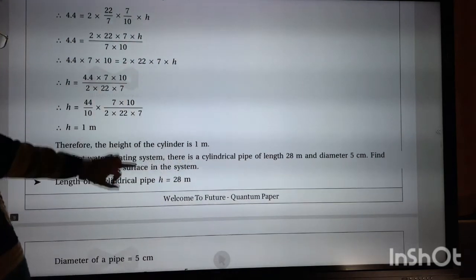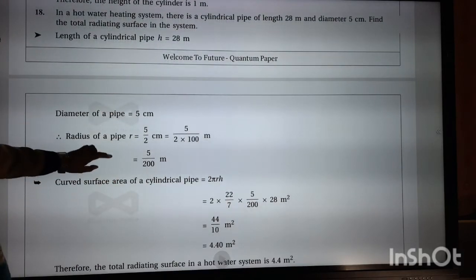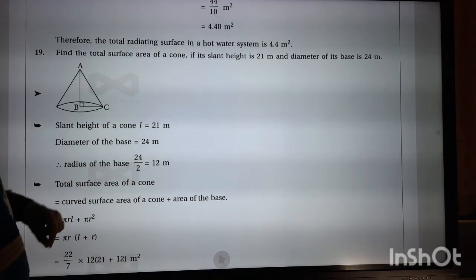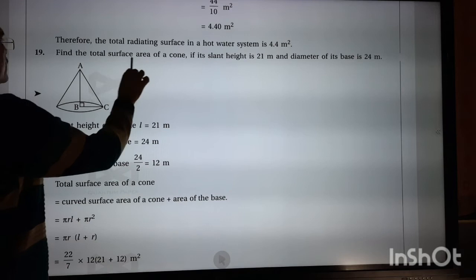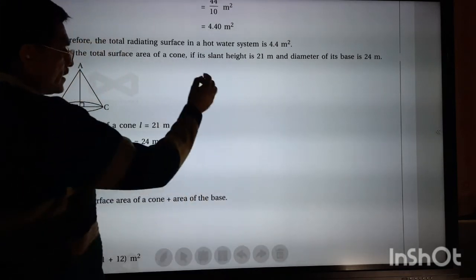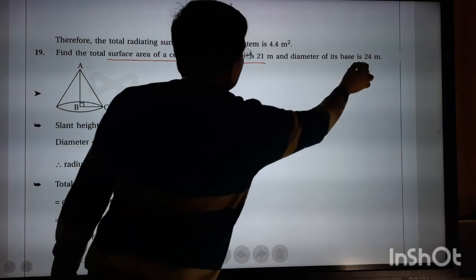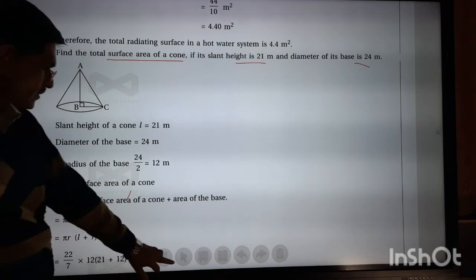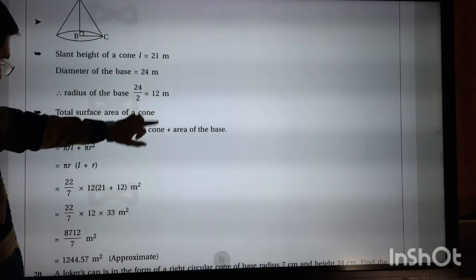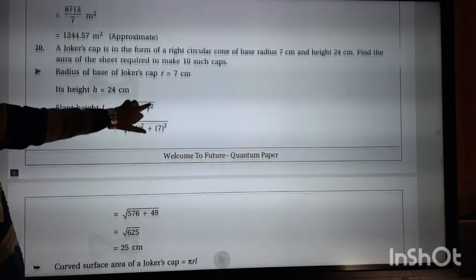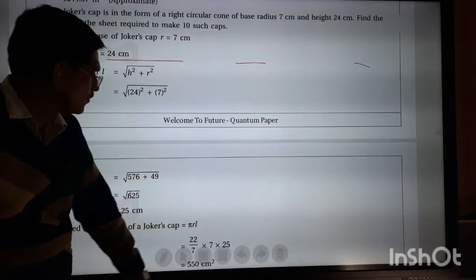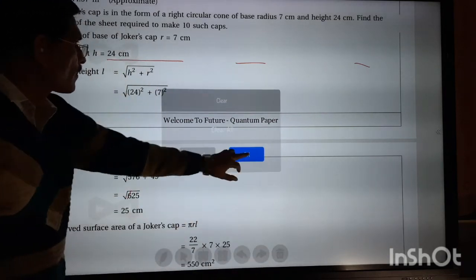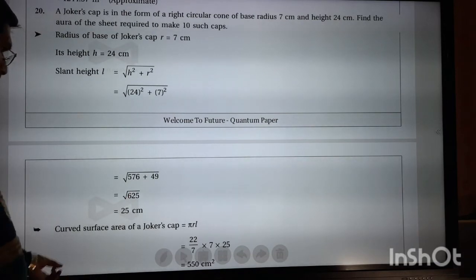One more sum we can do. Now it's related to volume. Okay, it's an area sum. Some more sums we need to do. Okay, already we have discussed this type of sum. It's again the second time. Already we have discussed, height and diameter are given. We can find the total surface area of a cone. So it is not necessary that we go deeply. Okay, already we have discussed this, or not? According to me it is okay.